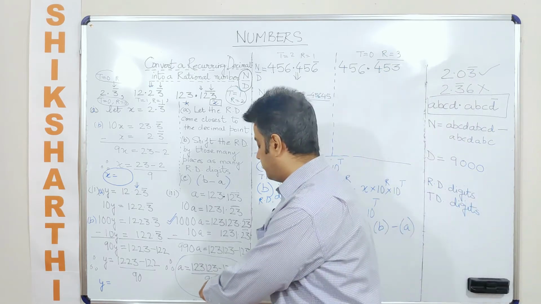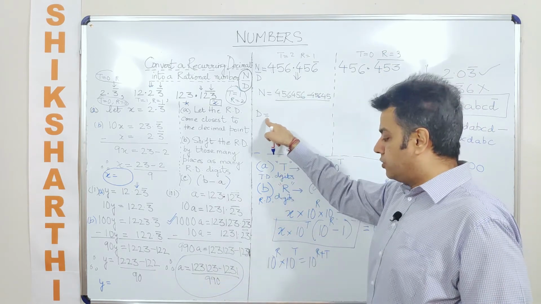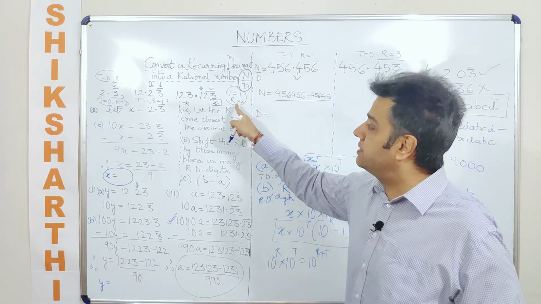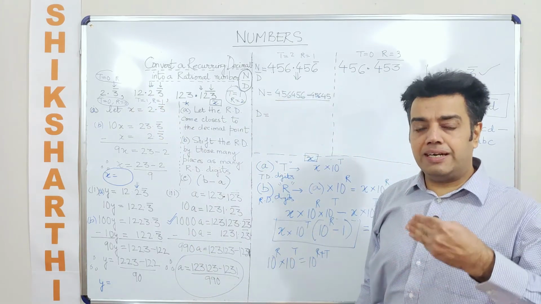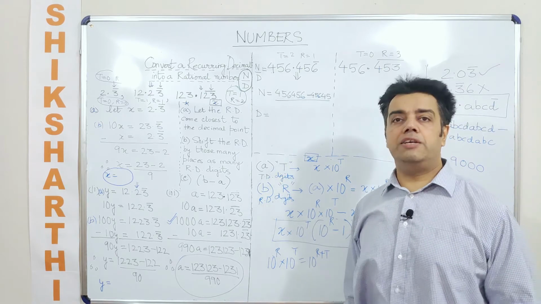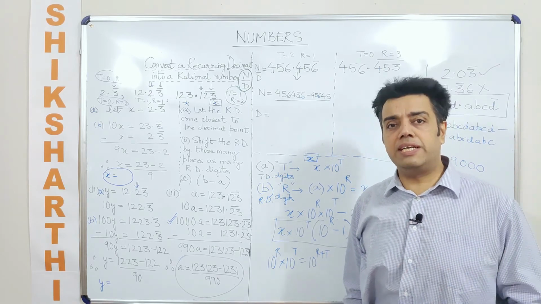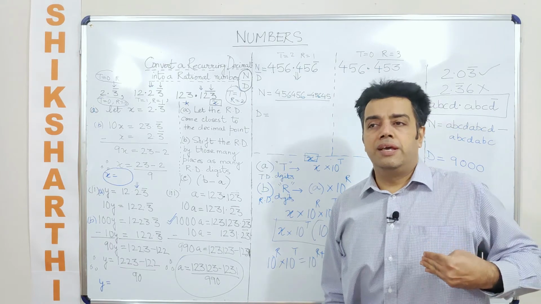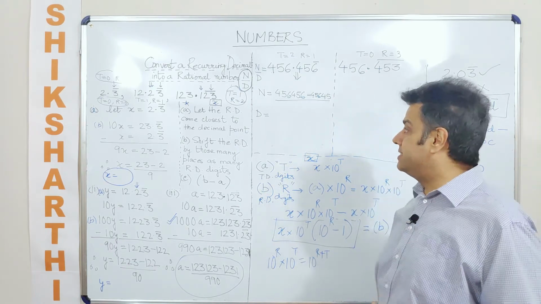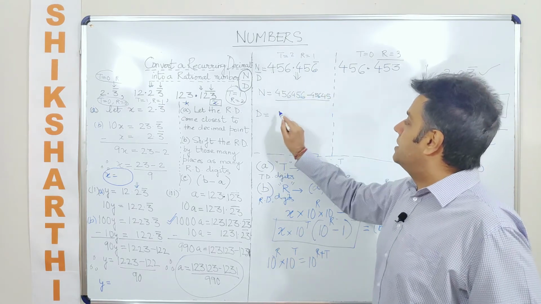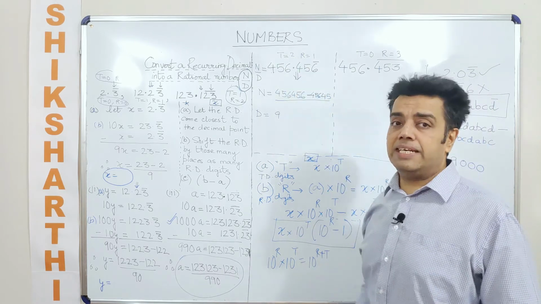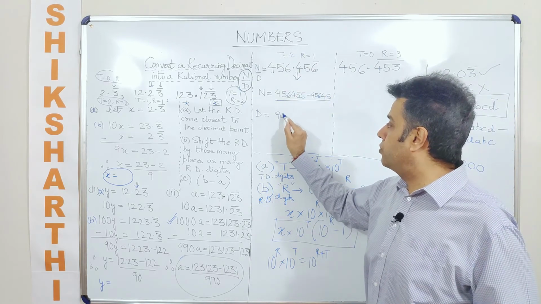So from here you get a faint idea. What is the faint idea? In the denominator you will have those many nines as many recurring decimal digits. I repeat, in the denominator you will have those many nines. The denominator starts with nines only and you will have those many nines as many recurring decimal digits. Here how many recurring decimal digits do you have? So you will have only 1 9. And how many terminating decimal digits do you have? 2. So 9 followed by 2 zeros.